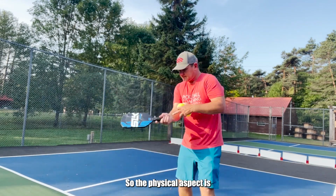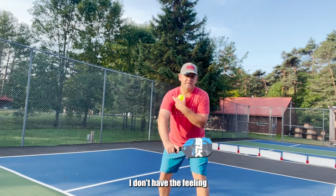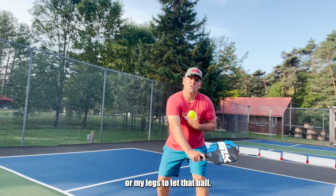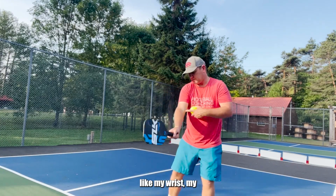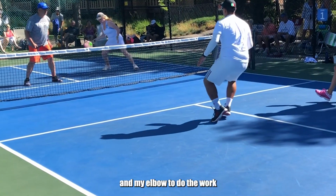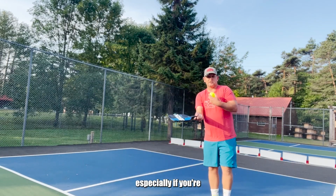So the physical aspect is I just don't have this feeling of being stable through here, right? I don't have the feeling of using primarily my shoulder or my legs to lift that ball. And so in the end, I start using these smaller joints, like my wrist, my forearm, and my elbow to do the work. So I don't have the feeling. So a way you can start to develop this feeling, especially if you're playing on your own like I am here today,